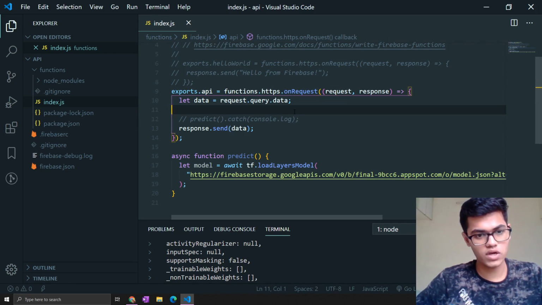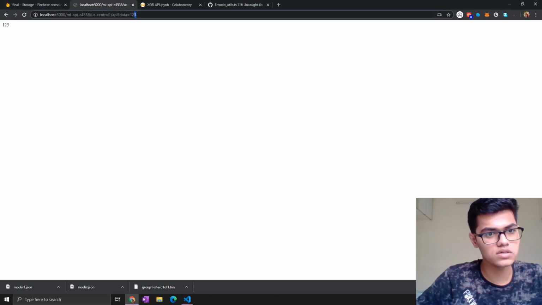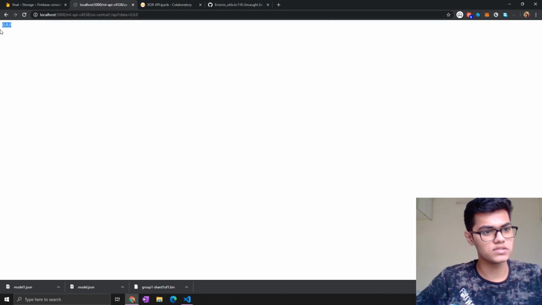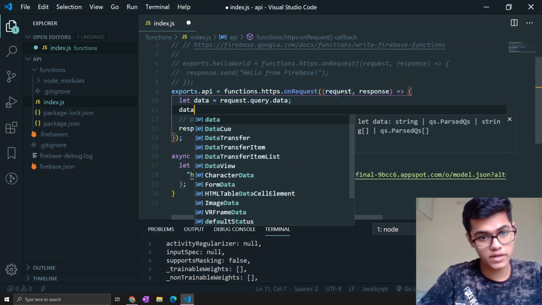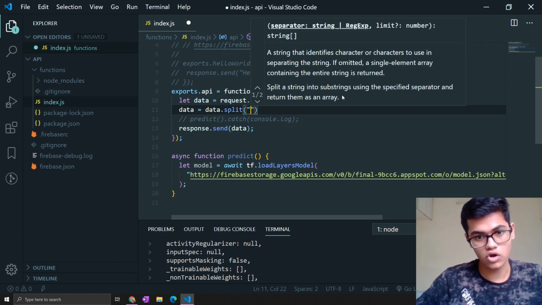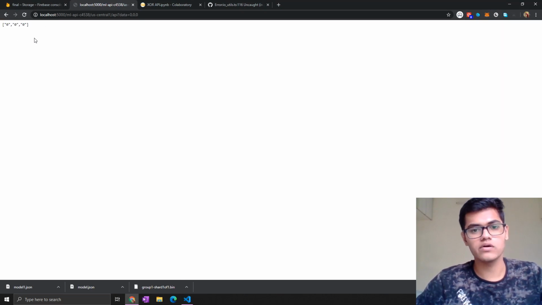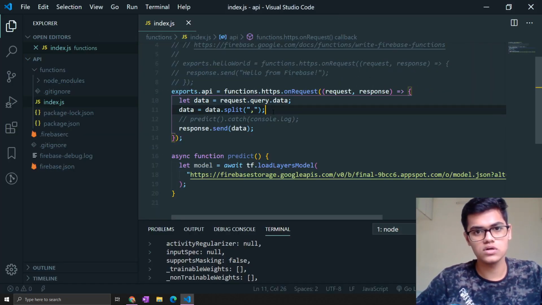Okay, after that we will separate it by commas. So we will pass something like 0,0,0, and we will get this. For that, we will do data equal to data.split comma, and if we now check the data, we get this array of strings. But our model is trained on integers or floats, so we will convert this into integers.